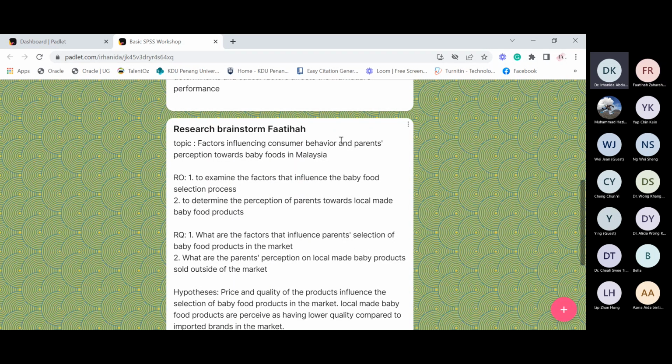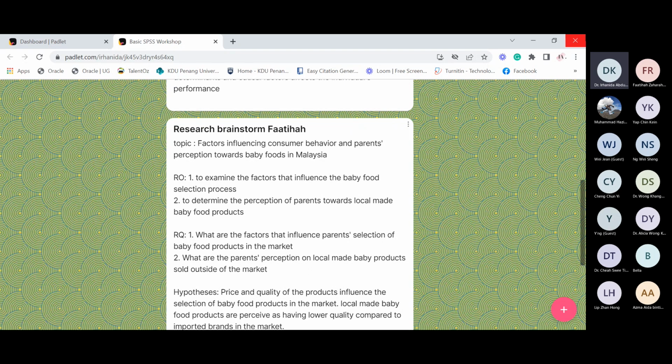So our variable is very clear: baby food is independent while the dependent is parent perception, because the parent perception will change according to what types of baby food that they consume. So whatever changes is dependent.